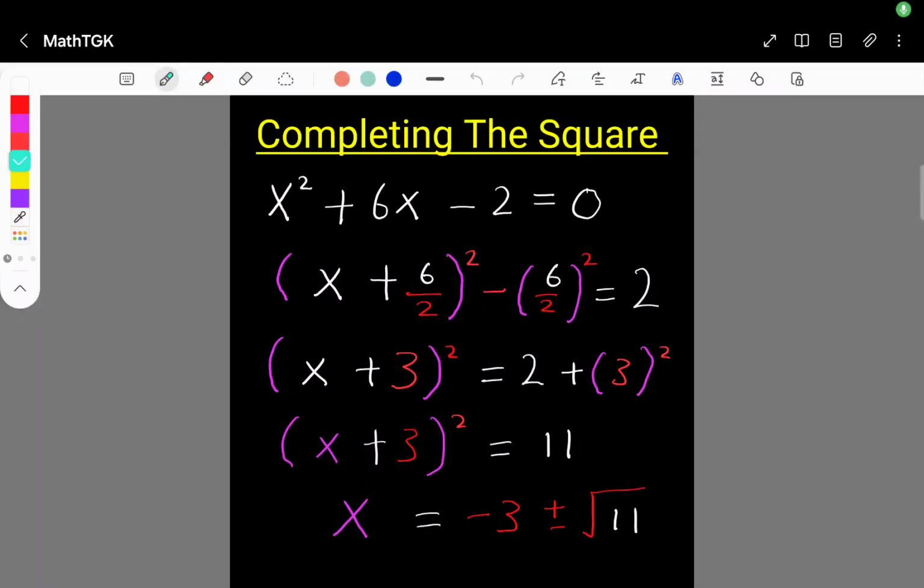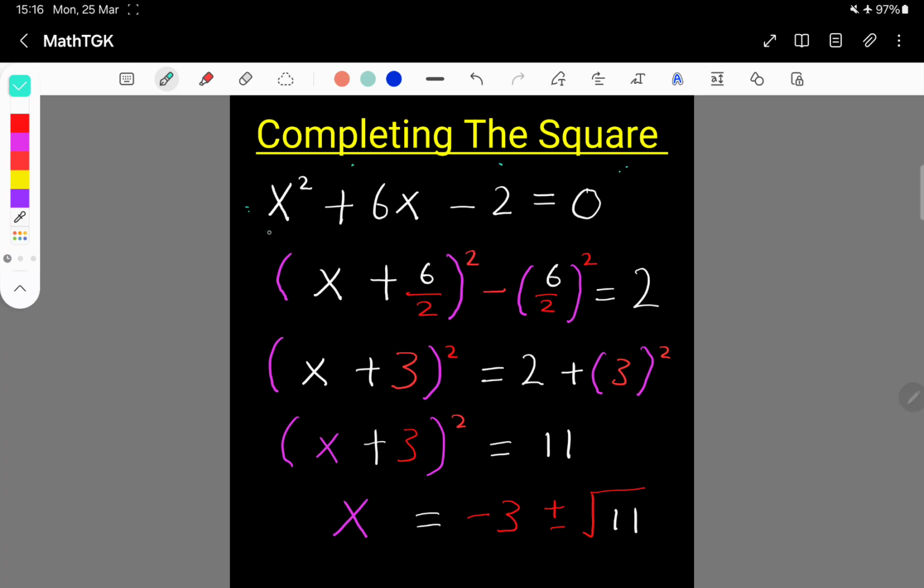Hi everyone, today we're going to learn how to use the completing the square method in order to solve quadratic equations. Okay, so in order to solve quadratic equations, first thing is you must make sure that you arrange it into the general form